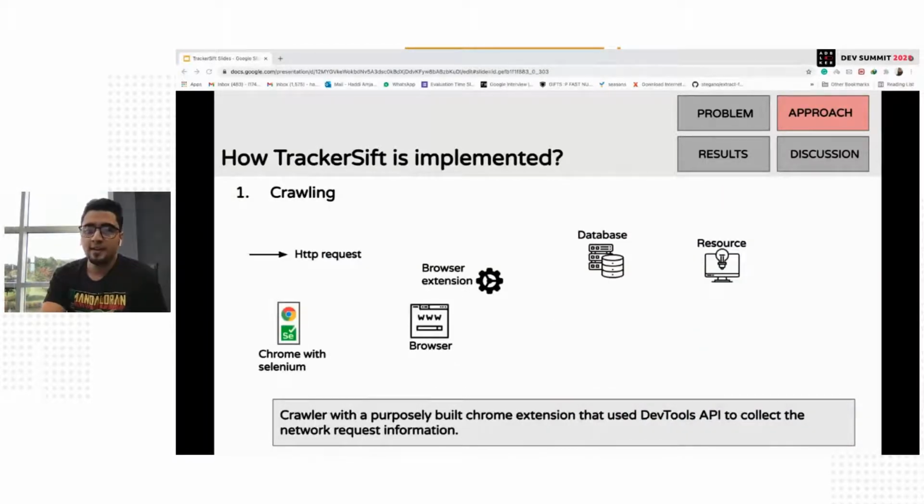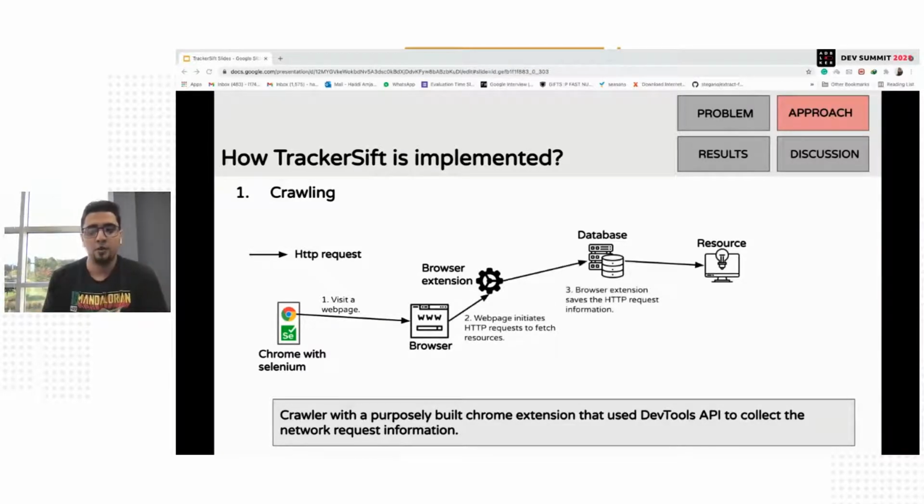But before that, let's talk about the high-level implementation of TrackerSift. TrackerSift uses an instrumented browser to crawl websites and track the provenance of network requests at the granularities of domain, hostname, script, and method level. For this, we have created a Chrome extension that uses the DevTools API to collect the relevant information. So for instance, you visit a web page, and it initiates multiple HTTP requests to fetch resources. In the middle, we have our Chrome extension to capture these HTTP requests during the page load